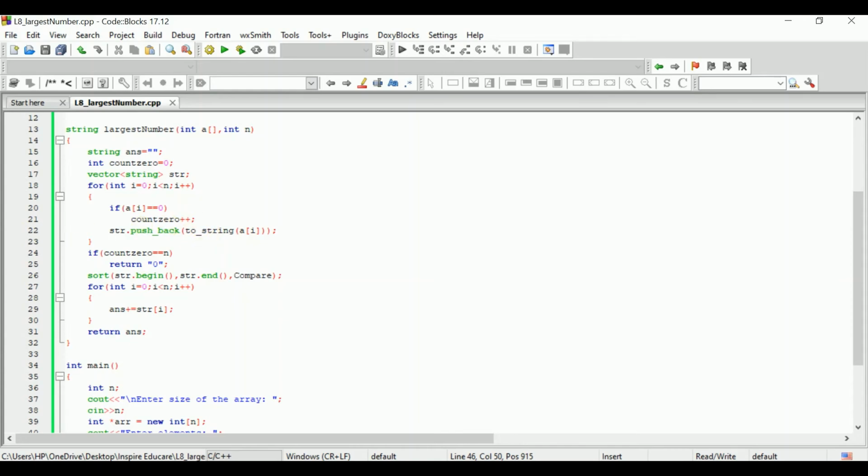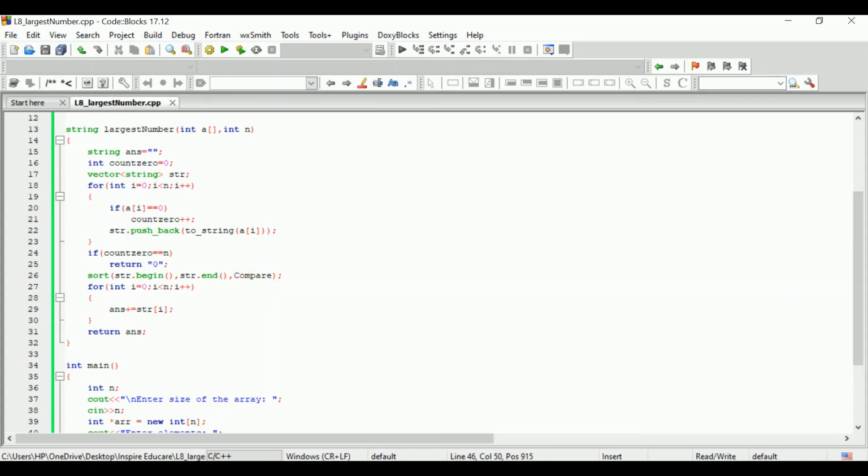After coming out of the loop, we will check if count0 is equal to n, which means all the numbers in the array are 0. So we will return 0 here because the largest number which we can form is 0. If this condition becomes false, then we will sort this string vector using the compare function.